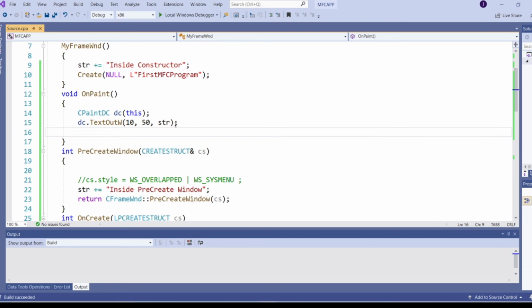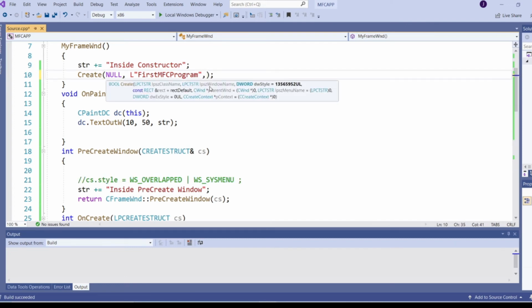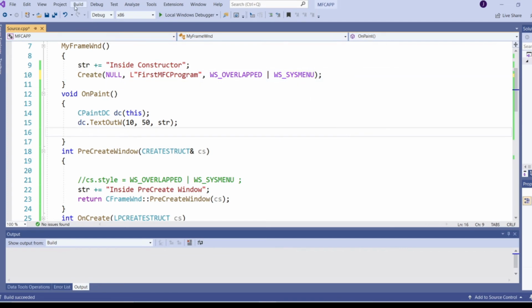What I can do is mention this style here, either in create, while creating the window. I'm building the solution.